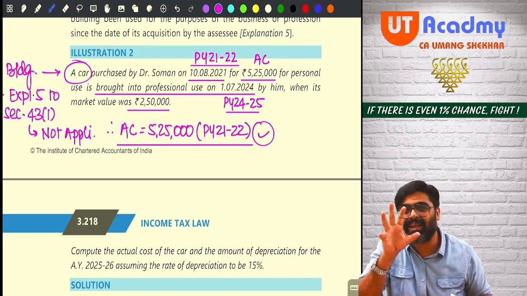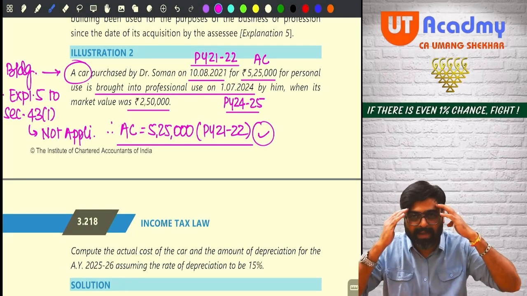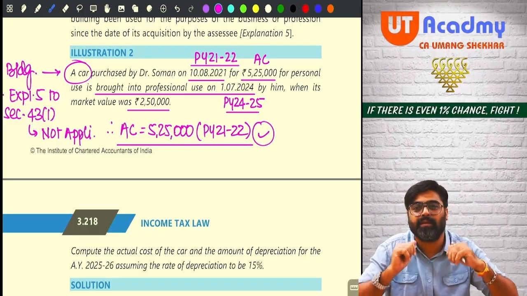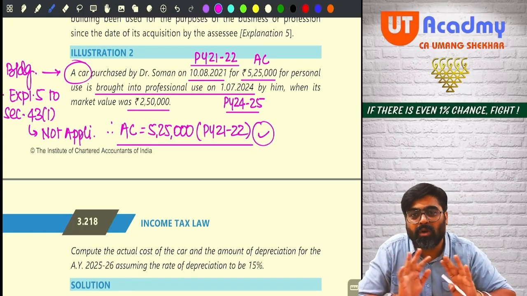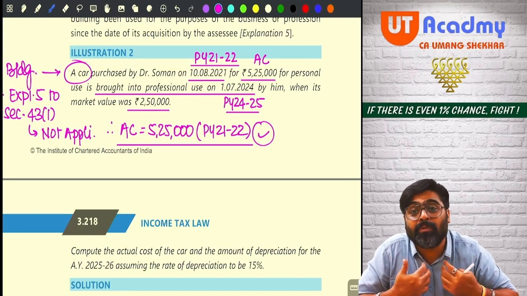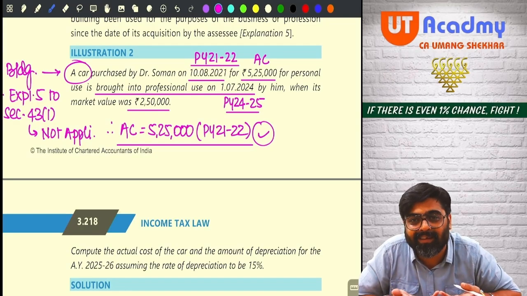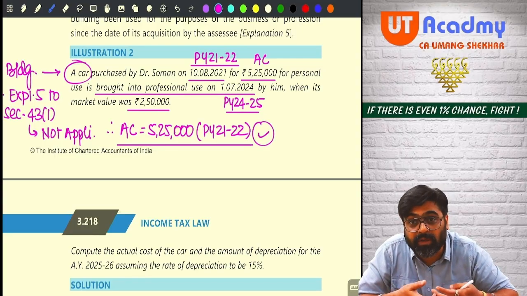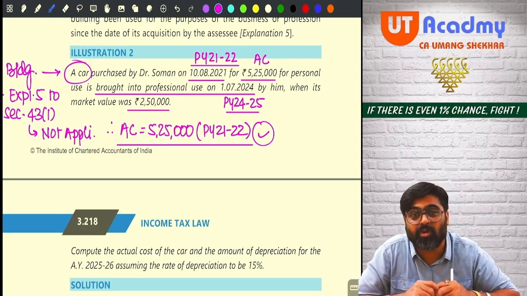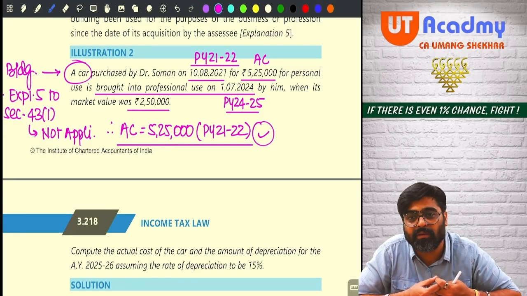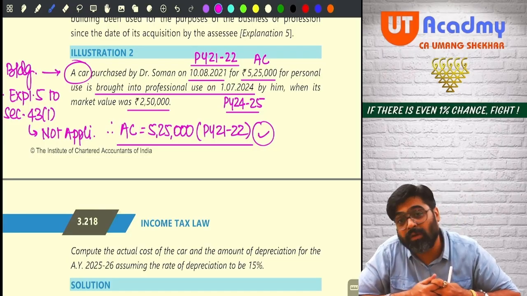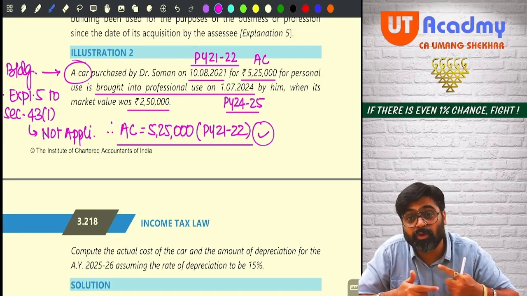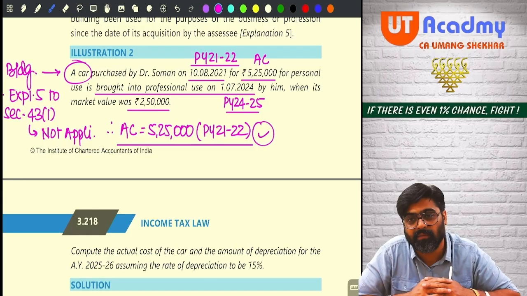If you don't think like that, your mind will not expand. Your thinking will not expand. You are not supposed to do only what I am doing. You have to think out of the box. You have to think a little bit more. Because we all are chartered accountants. Come on. What if this happens? Then what should I do? What if that happens? What will I do? Your mind should be working like that.